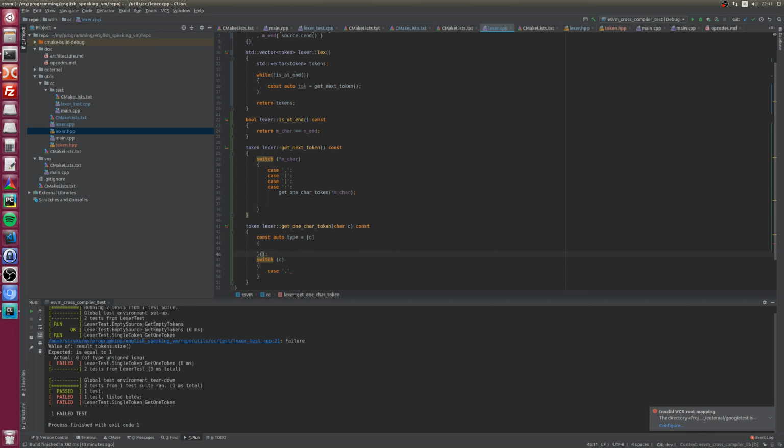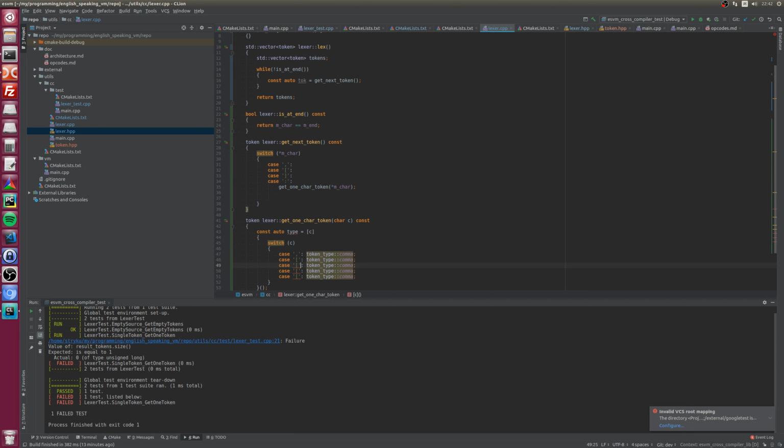And in the lambda, let's have a simple switch on c, and in case of comma, let's return token type comma. In case of open bracket, close bracket, and semicolon, same.